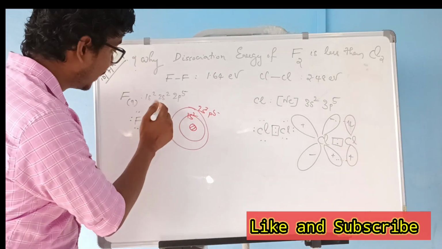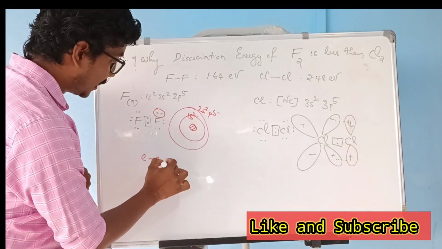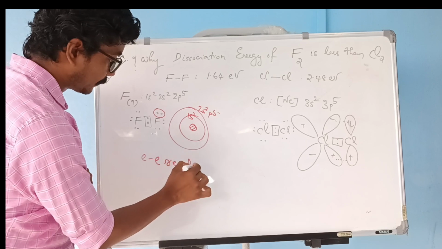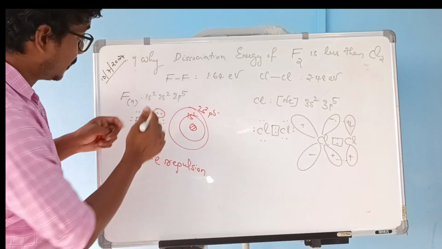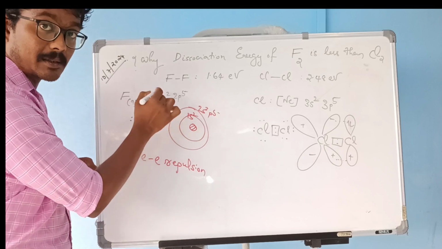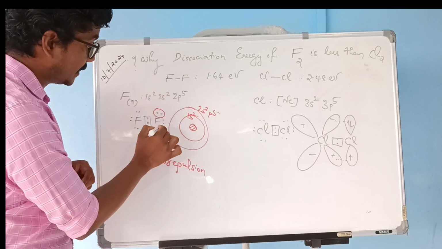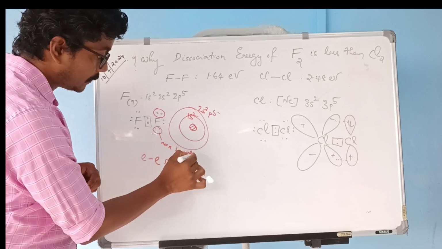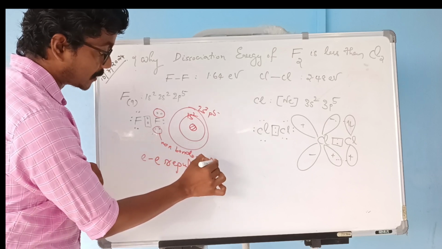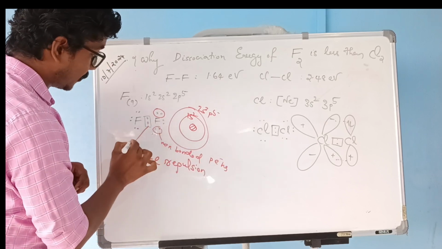So as a result, there is electron repulsion. These are called non-bonded p electrons, and this is called